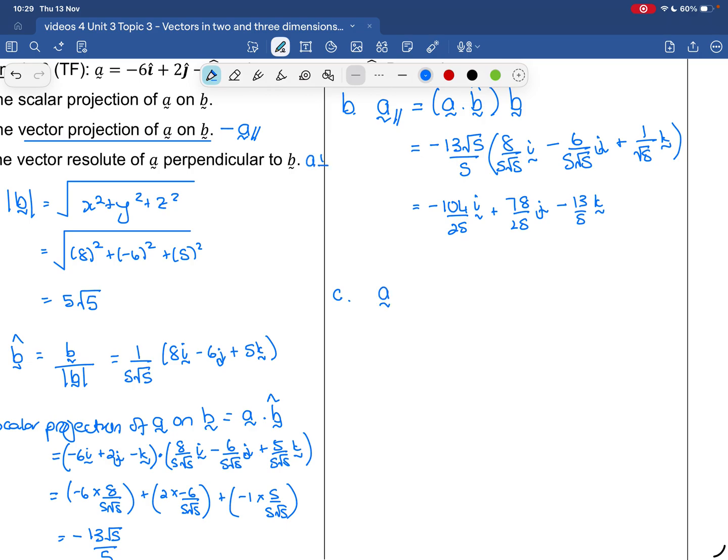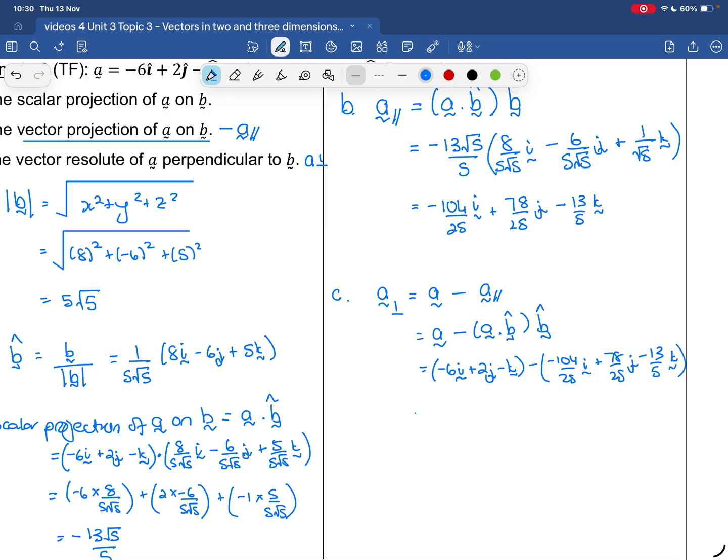So in order to find that, all I'm going to do is say A minus my A parallel, and that's going to be my A minus A dot B hat multiplied by my B hat, and that gives me my A, which was negative 6i plus 2j minus k, minus negative 104 over 25 i plus 78 over 25 j minus 13 over 5 k, and I get negative 46 over 25 i minus 28 over 25 j